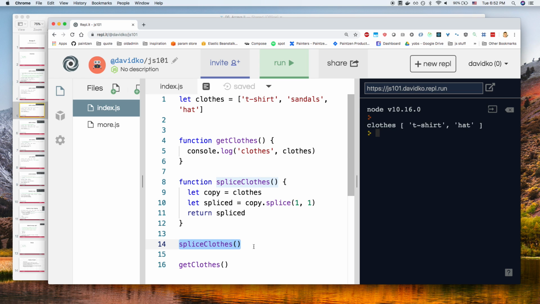Yeah, it still changes it. Because this address still points at the same place in memory, close and copy are essentially pointing at the same thing, the same place in memory. But that's a great point, because what if I want to use splice, but I don't want to mutate the original array